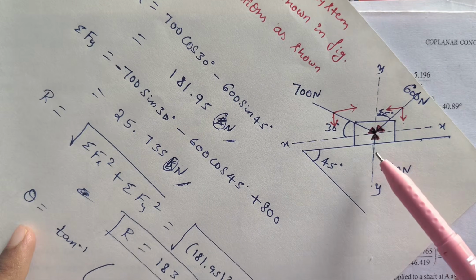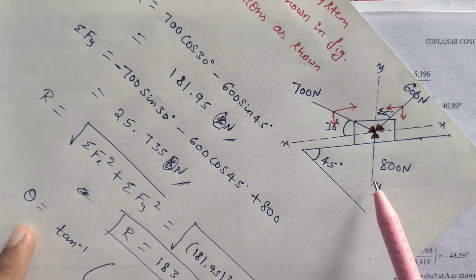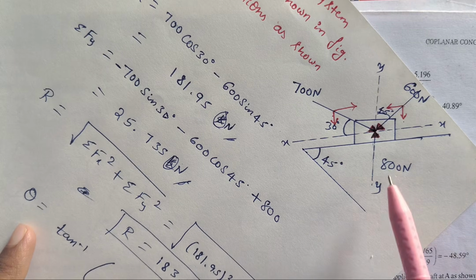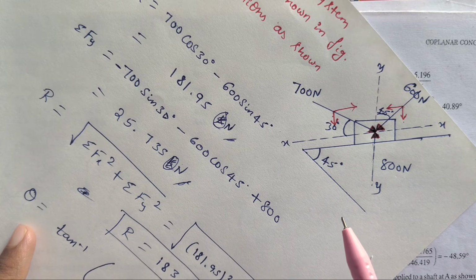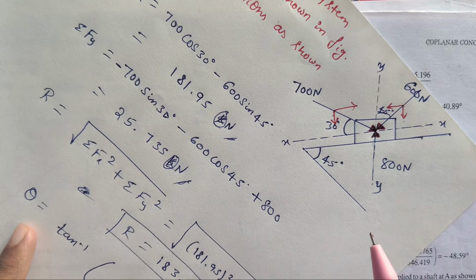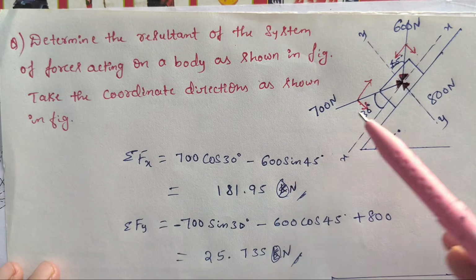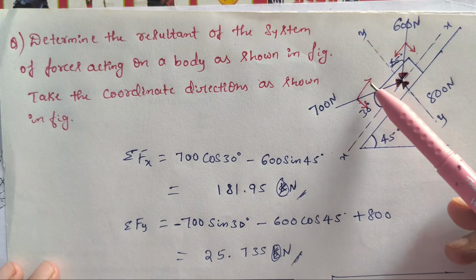Now this force is acting upward, so it will be like this, and this doesn't have any inclination, so here we are not going to resolve this into horizontal and vertical components. Now while solving, we'll start from here. So this will become